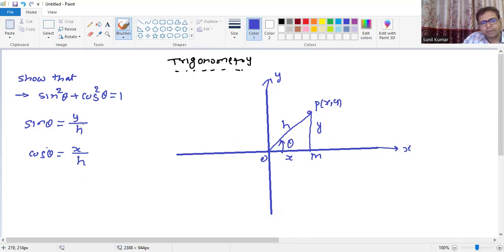So we know that the value of sin theta is perpendicular by hypotenuse and cos theta is base by hypotenuse. X is our base here, y is the perpendicular, and h is the hypotenuse. Okay, so according to Pythagoras theorem, we know that here h square is equal to,